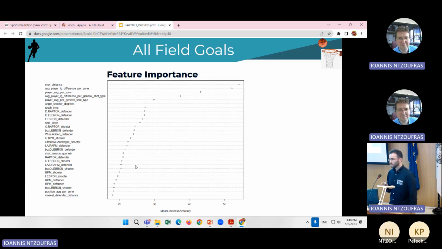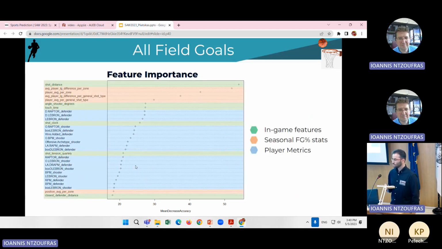Our analysis revealed that there was not a clear-cut factor influencing shot success, but there were some factors with a greater influence. In this plot, the most important indicators are the ones at the top. So we see that shot success is highly influenced by spatial-temporal aspects, mainly the shooting distance, and by each player's shooting abilities. In general, to predict shot success, we need features collected during a game, field goal percentage stats from an entire NBA season, and metrics indicating each shooter's and defender's abilities.